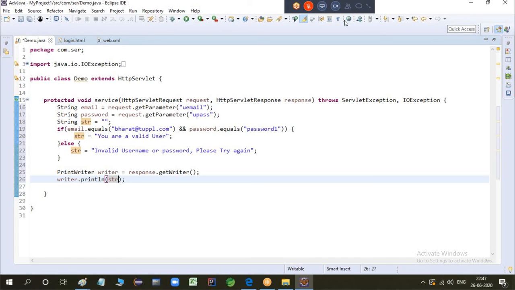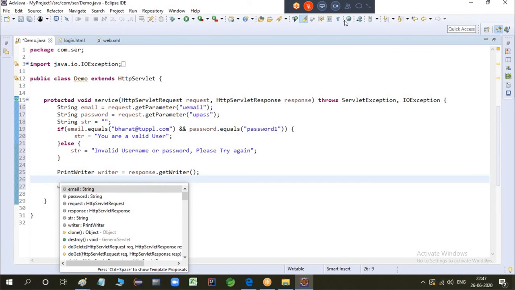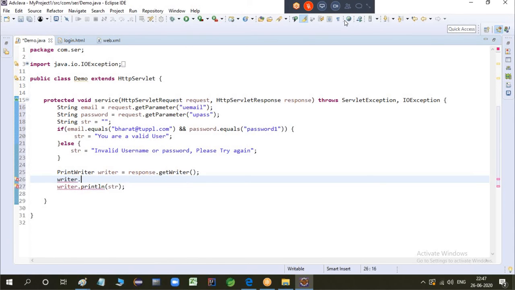Whatever the version you are getting, you can just display, or you can just display in the HTML format. Means you can writer dot println of string. Let me just copy this.